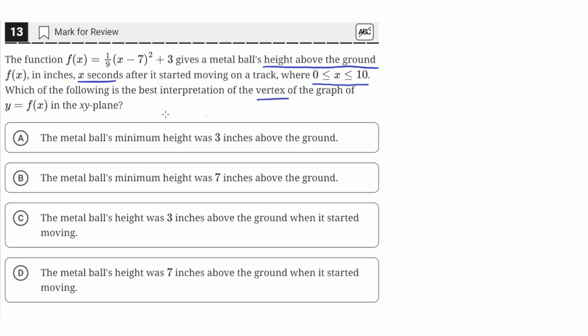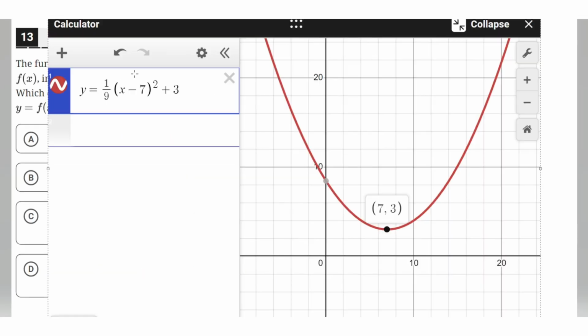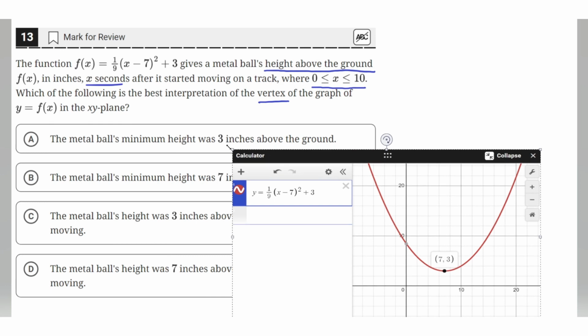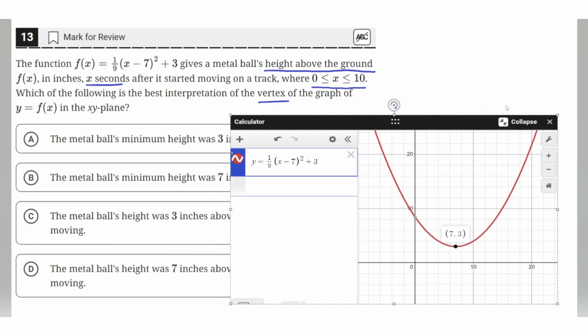So we have this function here, f of x, that gives us the height of the ball above the ground as a function of x, the number of seconds after it has started moving on a track. So we can graph this function in our graphing utility, and it will look like this parabola. So we graph the function of y equals f of x as a function of x, this number of seconds. So the x-axis will tell us how many seconds have passed, and the y-axis tells us the height of the